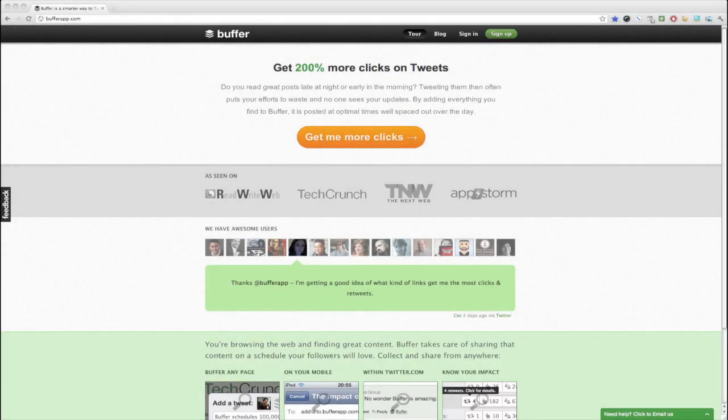So today I want to look at a web app called BufferApp.com, and what it allows you to do is to queue up or buffer multiple tweets. Now you may ask, why would you want to do that? Well, sometimes you might have 4, 5, 10 or more tweets or ideas for tweets that you'd like to send